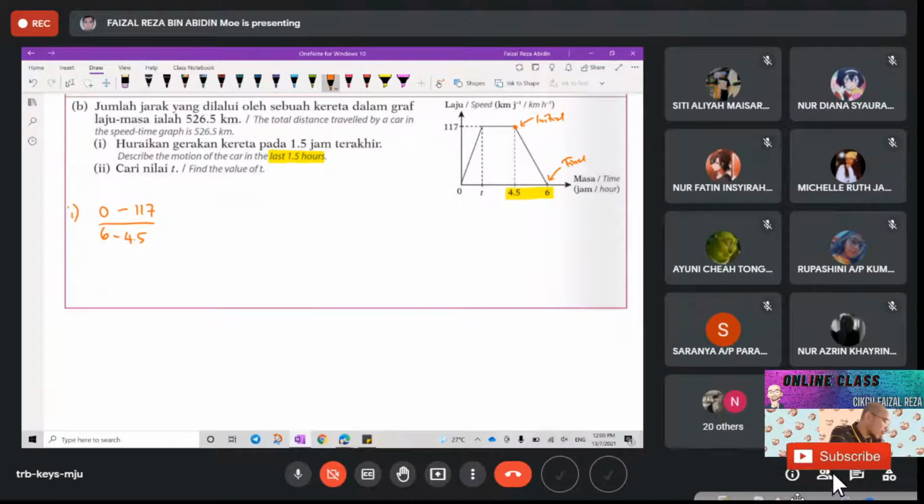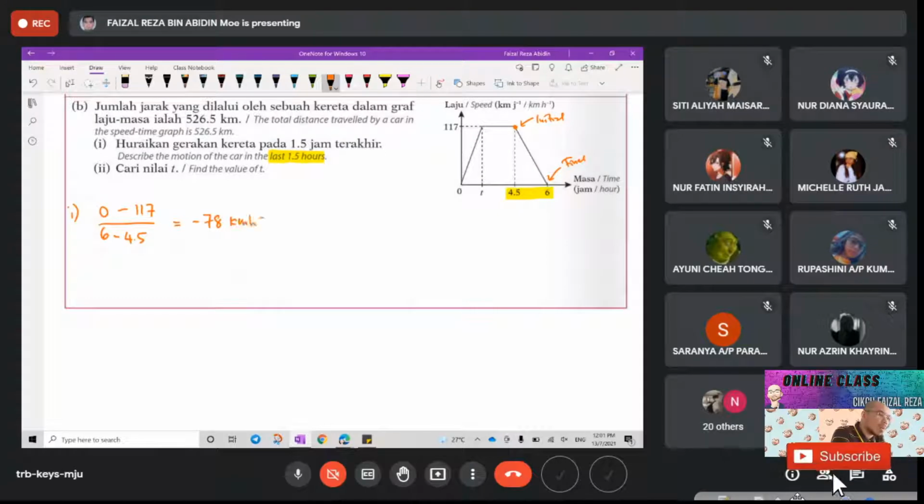Actually you are going to get 1.5, okay, last 1.5 hours, isn't it? So this one you are going to get negative 117 divided by 1.5, you are going to get negative 78